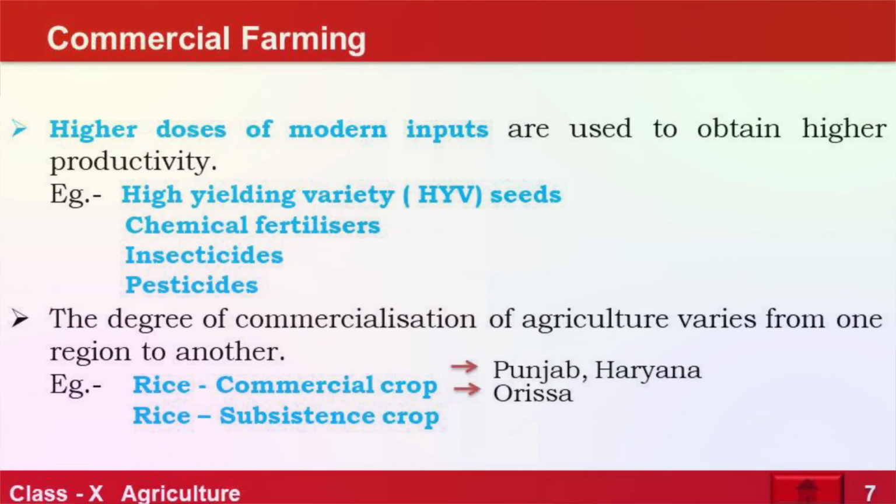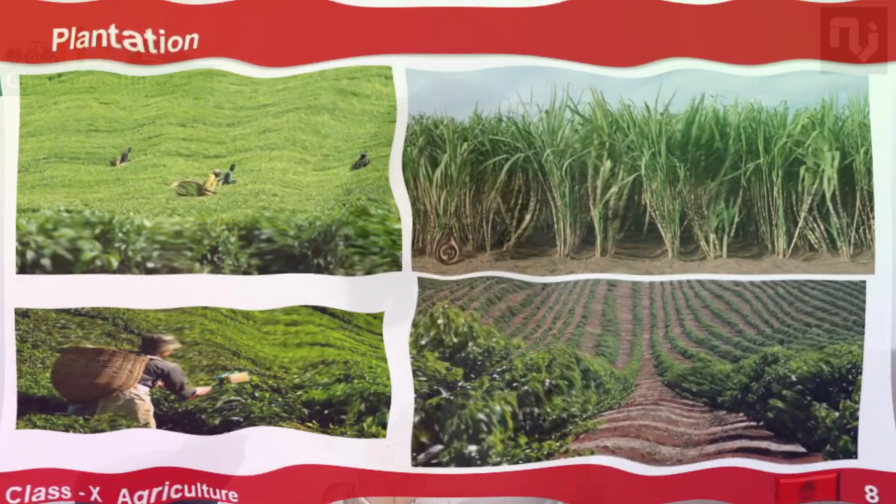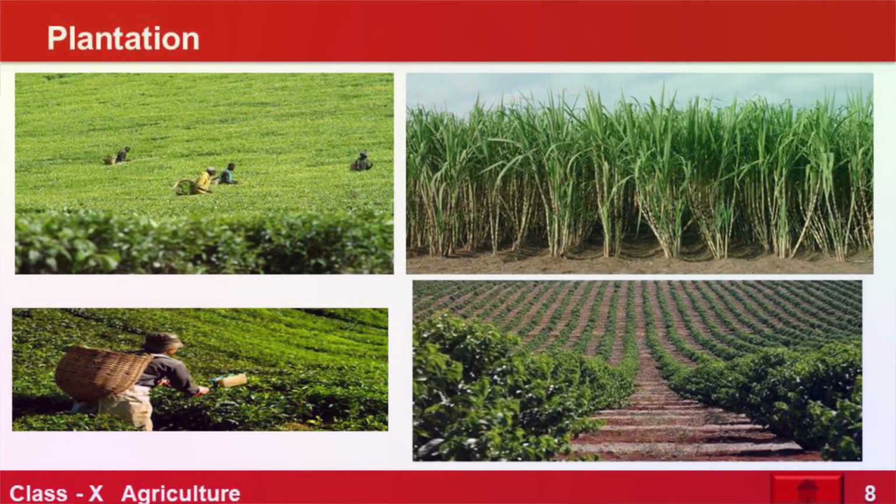Next we have commercial farming, which is done on a large scale and with the purpose of selling the crops, and this is completely a commercial activity. Out of that we have one example called plantation. Plantation is a kind of cropping system which is done with a single crop and in a row. Only a single crop is grown, in a row and on a large scale, with the help of machines, with the help of migrant laborers also, and with a proper transportation and communication system.